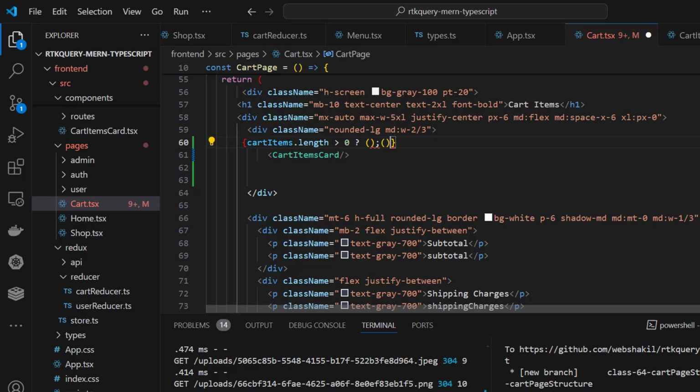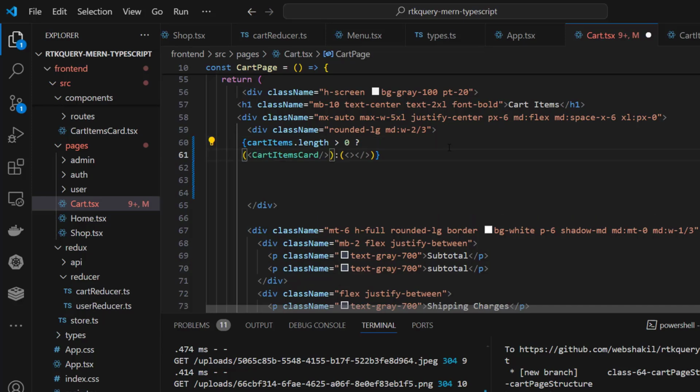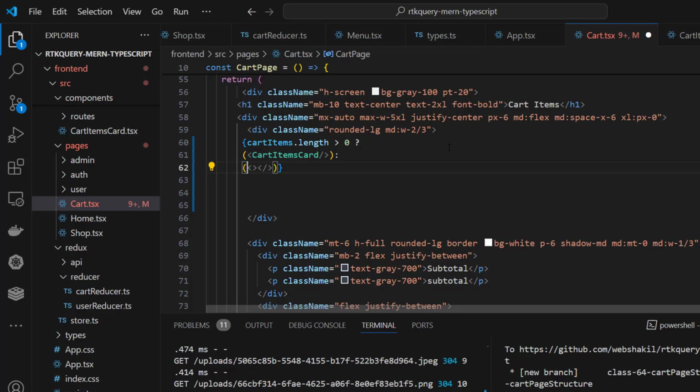Okay, so if cartItems.length is greater than 0, then we want to do something, otherwise we want to do something. Okay, it's clone. Okay, so what we want to do over here,